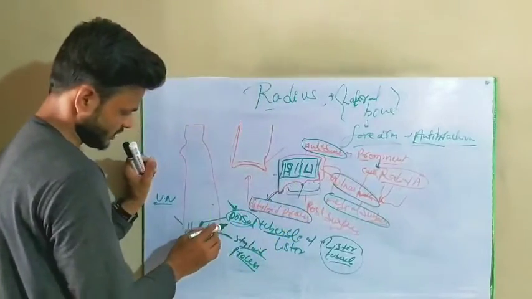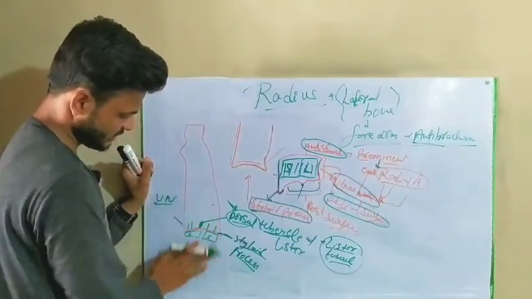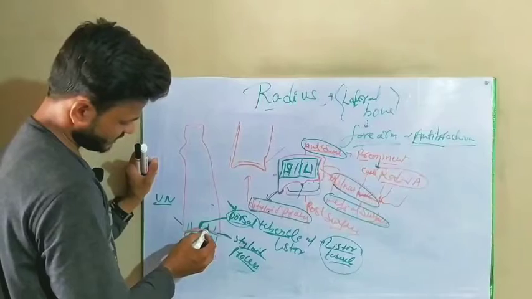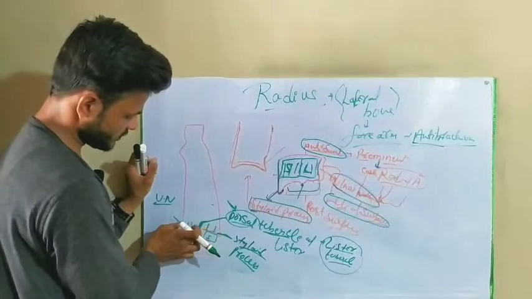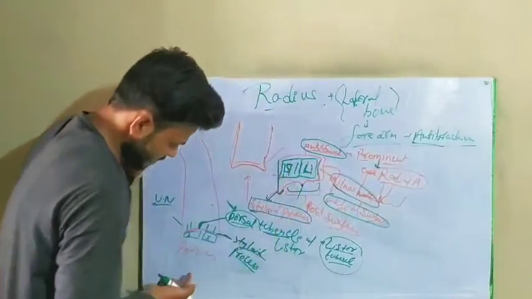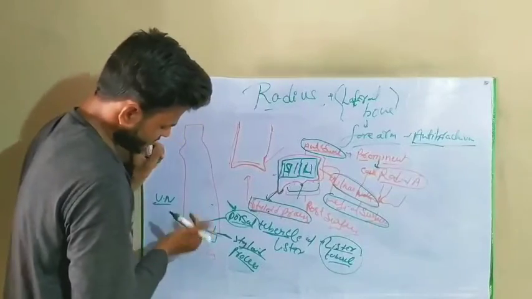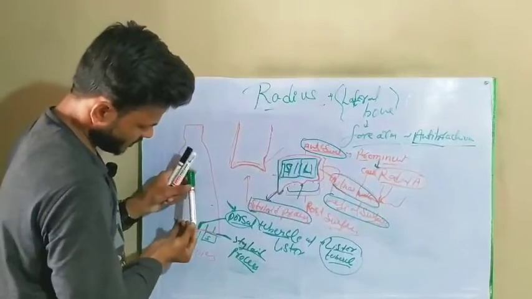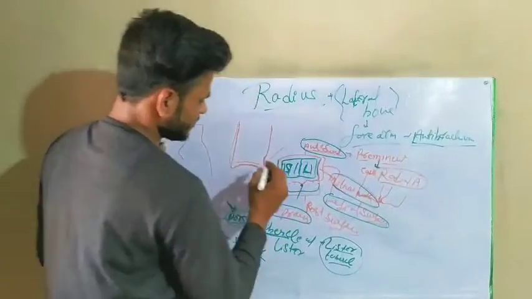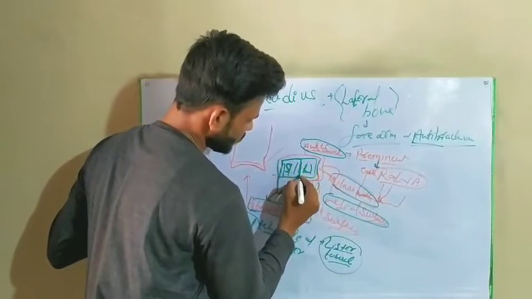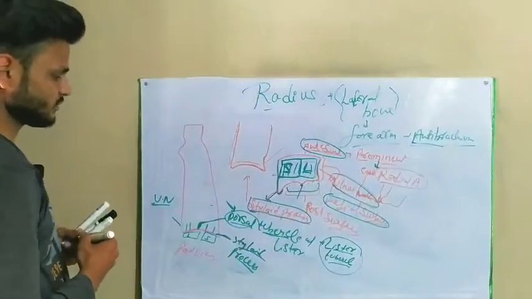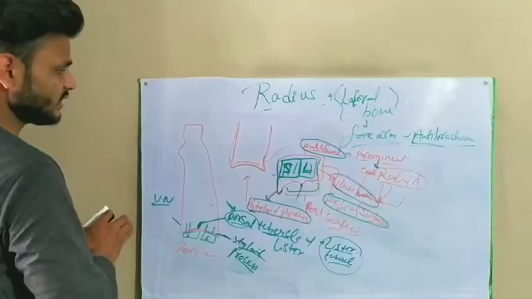This is the view of the posterior surface. This is the dorsal tubercle of Lister, and these are four grooves, each two grooves situated on each side of the Lister tubercle. And this surface, suppose this is the bone, when we see the inferior side, then we will find this type of structure. This surface is articulated with two bones, first the scaphoid and other the lunate, and forms the wrist joint. This is about the lower end.